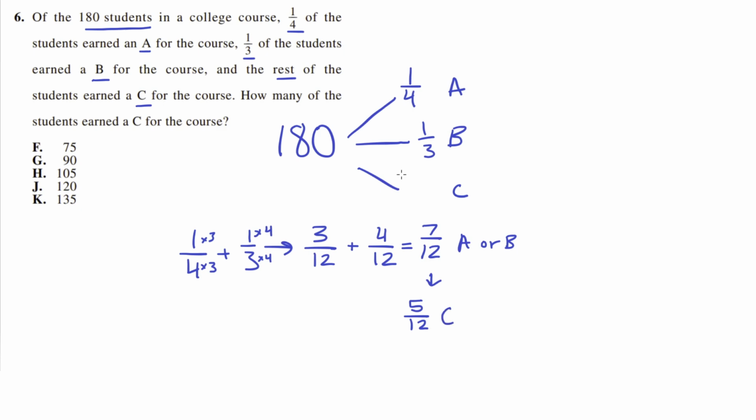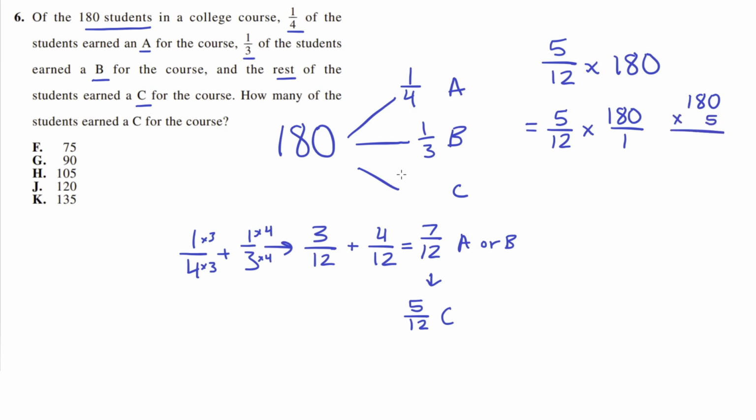So we just need to calculate what 5/12 of 180 is. So what we need to do is multiply 5/12 with 180. So now we just need to multiply 5 with 180, because multiplying in this case is just equivalent to 5/12 times 180 over 1. And we know that 180 times 5, if we do that really quickly here,